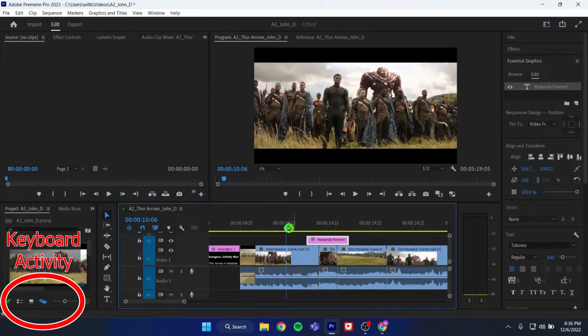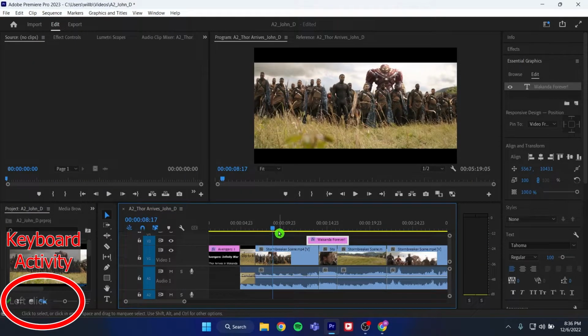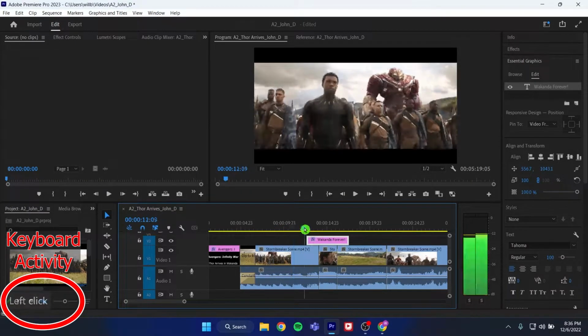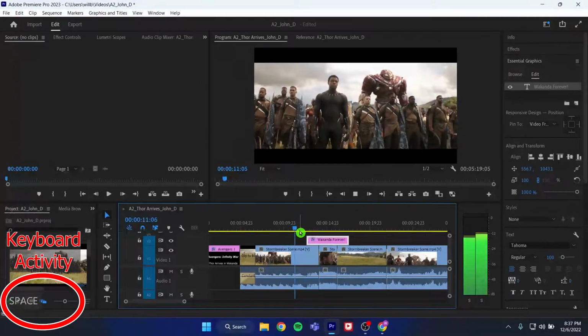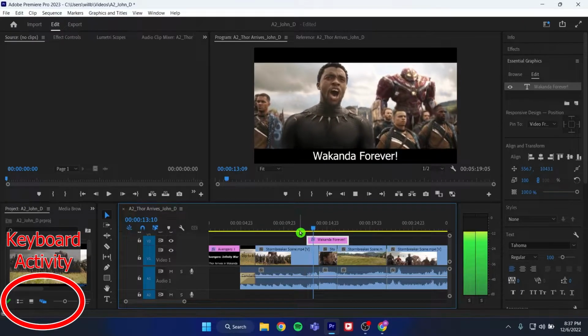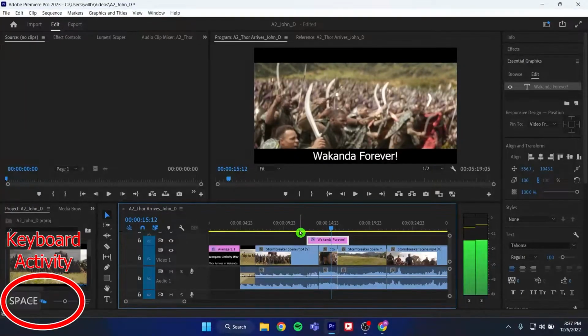Now, how long does he say Wakanda forever, and how long do we want to keep that subtitle up? It's up to us. So I think the appropriate time that we should see Wakanda forever is a short amount of time, so let's watch it again. Wakanda forever! I think right about here is when, just as they're about to charge, that's when I want to take that